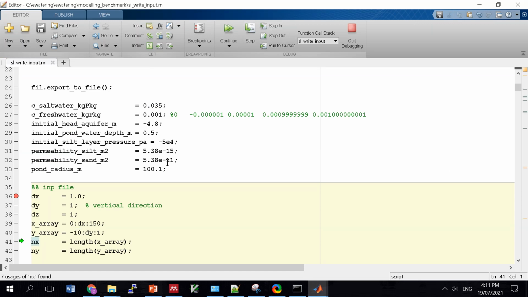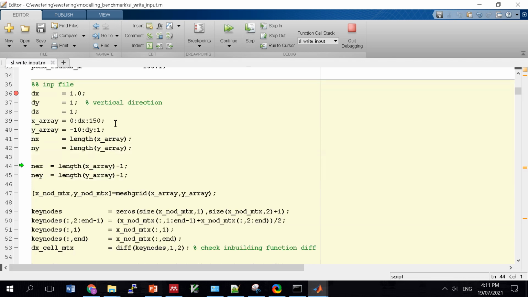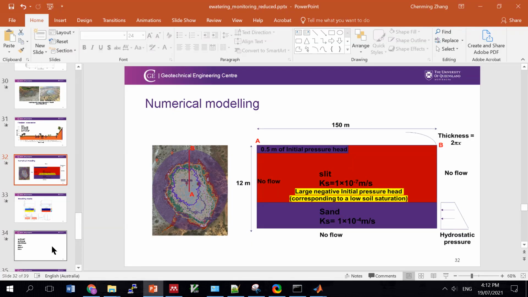And then we need to tell how many nodes in the x direction and how many nodes in the y direction. So that could be done by using a length function, right? Now, remember that this way will create a kind of rectangular grid, which looks pretty much like a